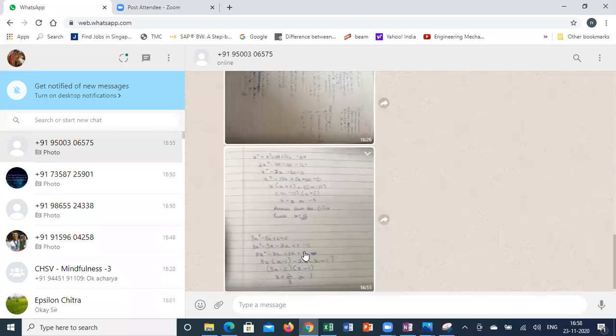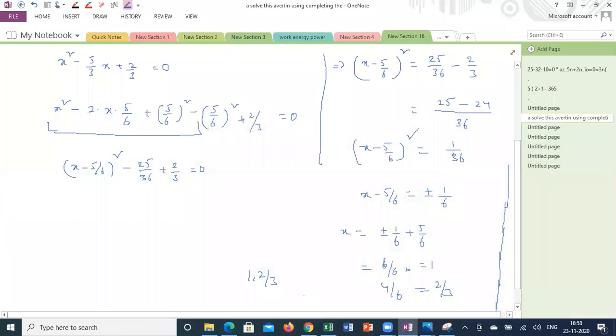As you sent in a different method, the same answer, 2 by 3 comma 1. But here the method or procedure for calculation is different, because I mentioned clearly the perfect square method. That's the reason I asked you to do it again.